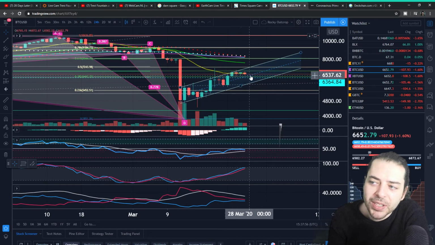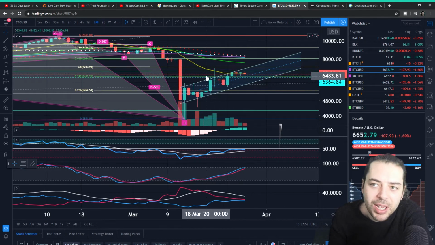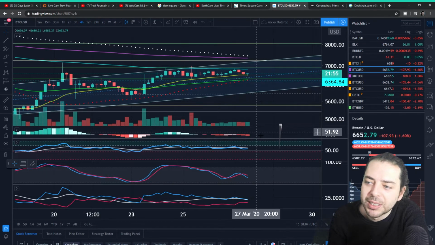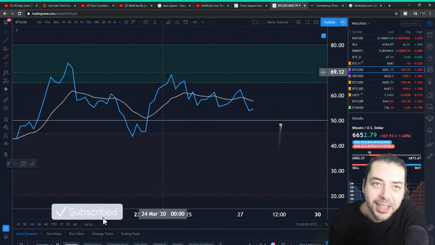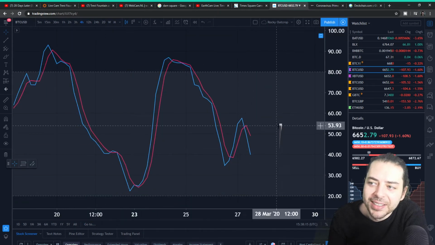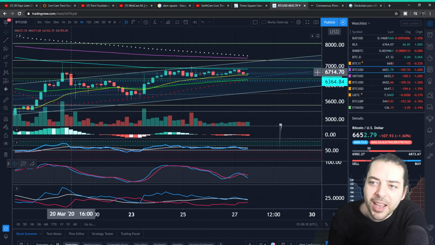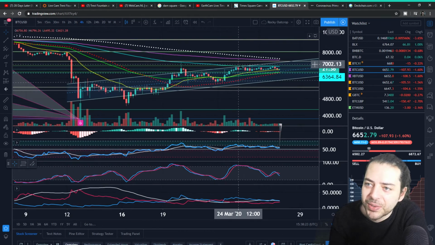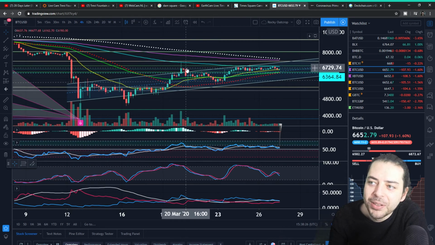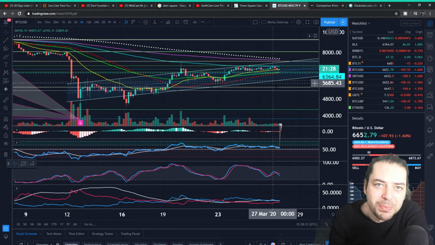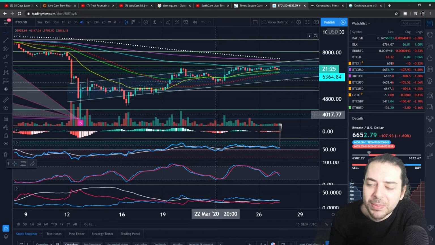As you can see, for the last few days we've just been going sideways, and there isn't a great deal to talk about. What there is to talk about, I suppose, is if you look towards things like here, and on the RSI and on the stochastics, you can see very much that we have bearish divergence across the tops on this 4-hour chart, this so-called 4-hour upward trend. Now, am I totally enthusiastic about this being an upward trend? No, I'm not. We're only making higher highs by sheer millimeters, but the bearish divergence is there.